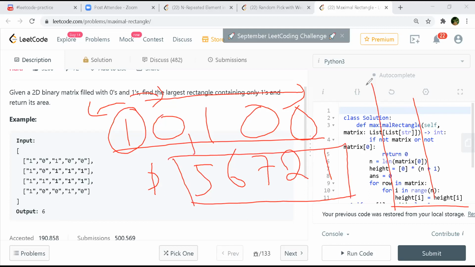So this is the leftmost. For this, the left side will be -1 only, right? Nothing is there. Now you keep on putting the elements, and not put the element, just put the index, like 0th index you put, and check next element whether this element is lesser than this index or not. Because then only we can have the minimum height, right?